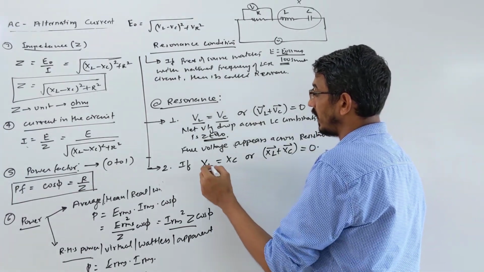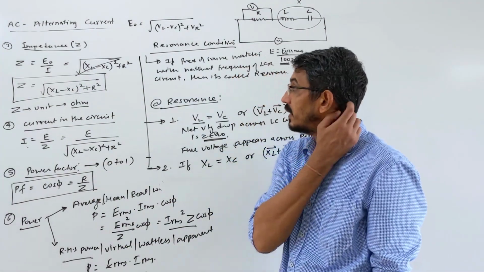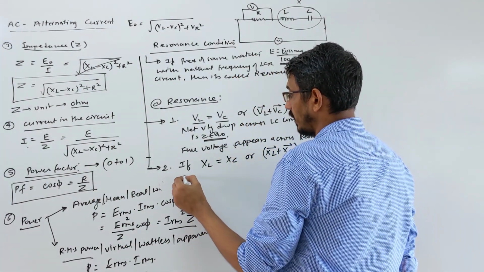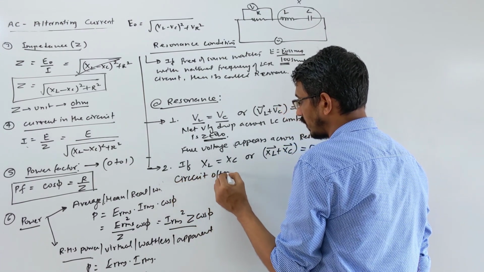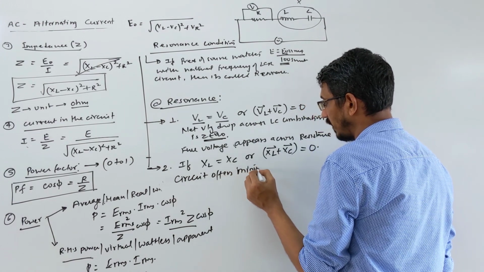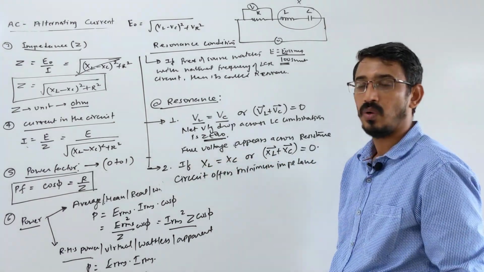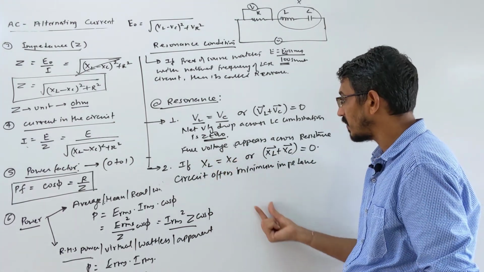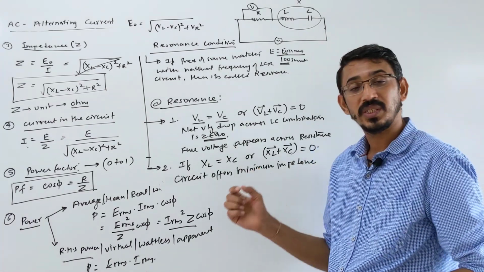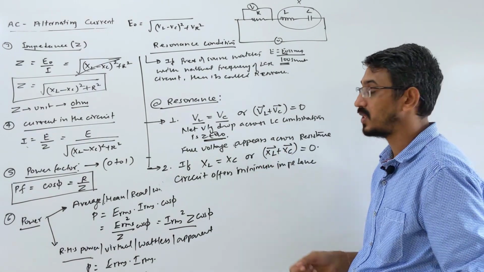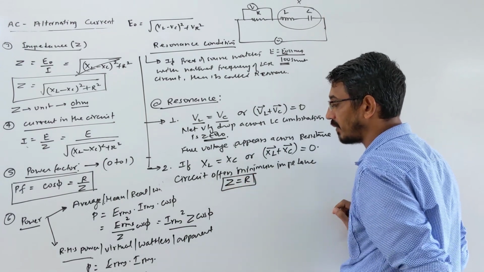So under this condition what happens? When XL is equal to XC, look at that formula, this term becomes 0, correct? So your Z value, under this condition, the circuit offers minimum impedance. In words also they can say it this way, or in calculation you can get this answer, or they can say in words that if an RLC circuit is offering minimum impedance, then we know that this circuit is in resonance condition. So minimum impedance means your impedance Z is simply equal to R itself, that's all, correct.